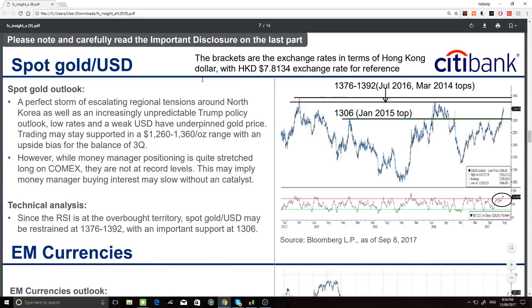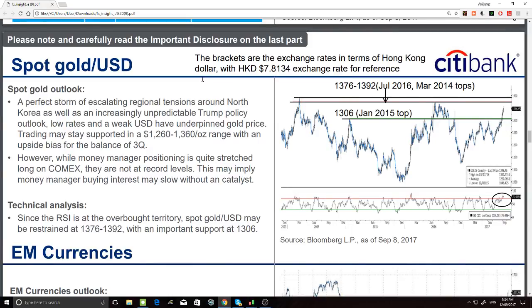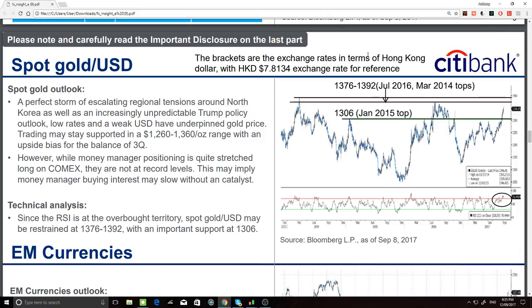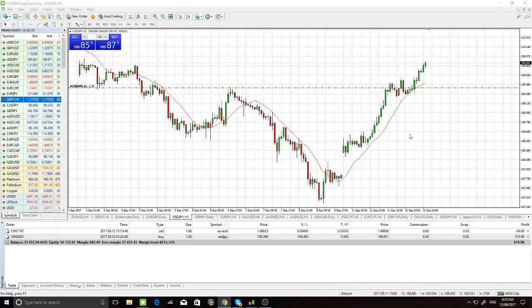Gold, I mean, gold's been surprisingly strong. So let's not rule out that it can go up, especially if the risk off continues. But it's had a big run. It's had a big rally, and you probably need something substantial to help it go up from here. Not just more missile tests, but something else.